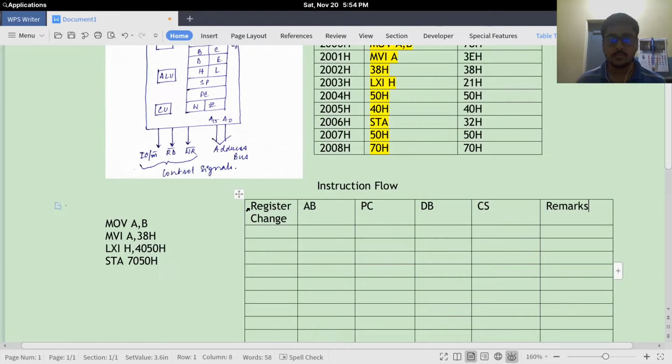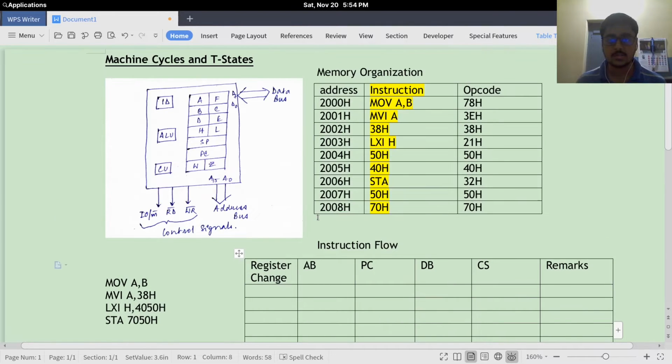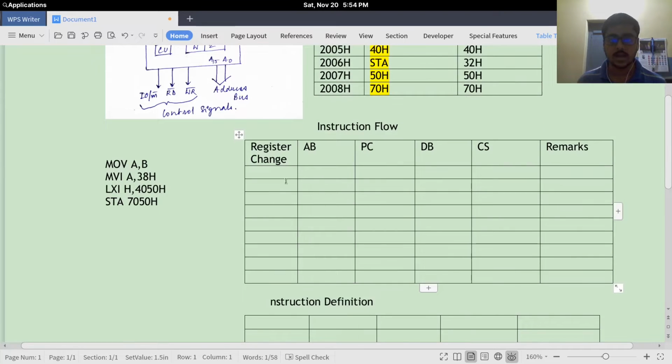First we will not start with a register change. Initially 2000H will be stored in the address bus of the microprocessor, referencing a memory location in the memory. Then the program counter stores the address of the next memory location after giving its contents to the address bus.